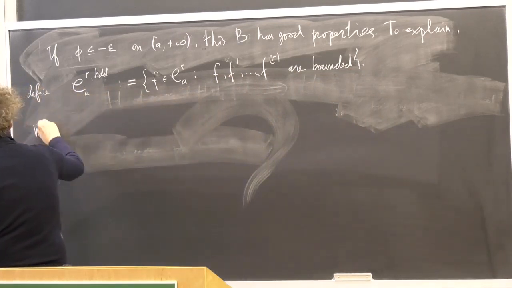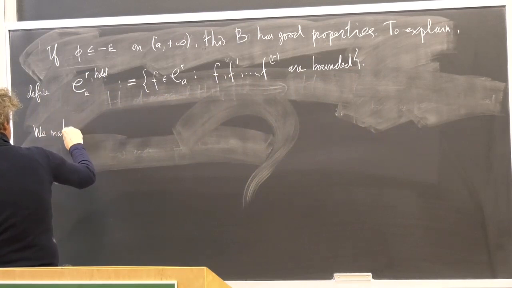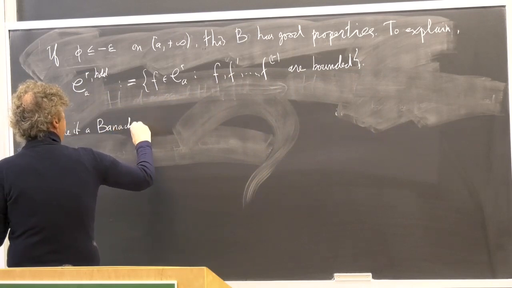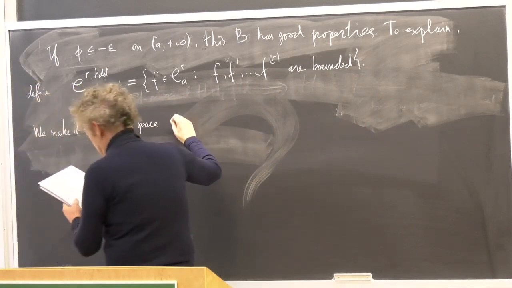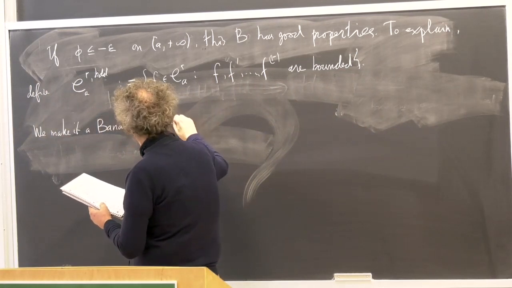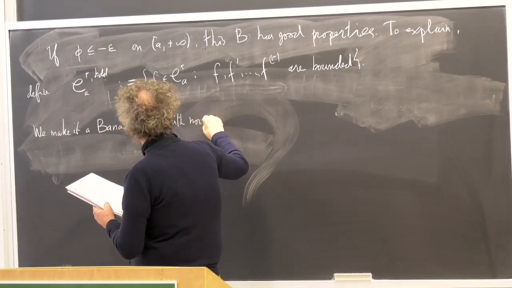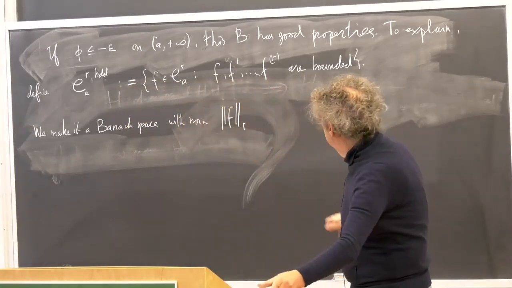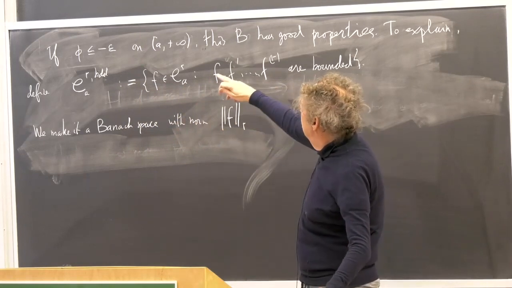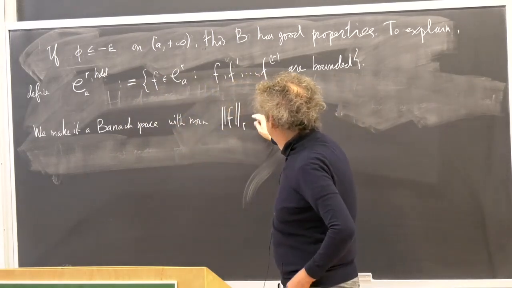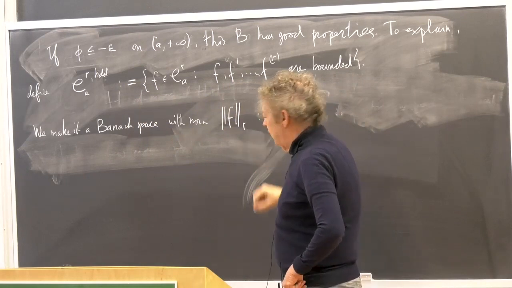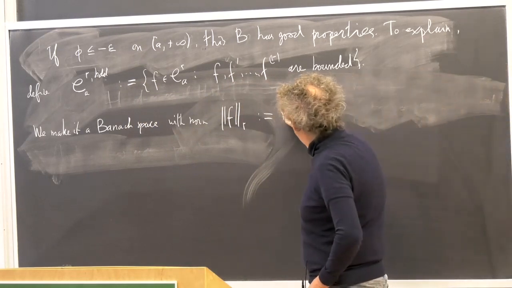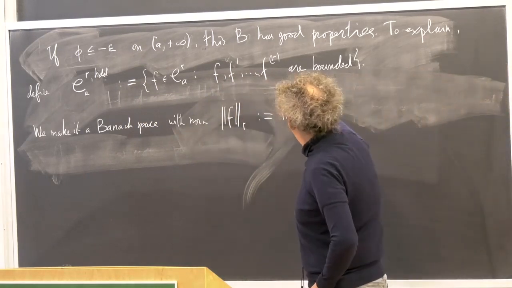We make it a Banach space, in sort of obvious fashion, with norm, well, let me put it, subscript R here. Of course, this norm depends also on A, the endpoint here, but I'm not going to put everything in. I don't want to make the notation too complicated. So this is the maximum of the subnorms of these functions